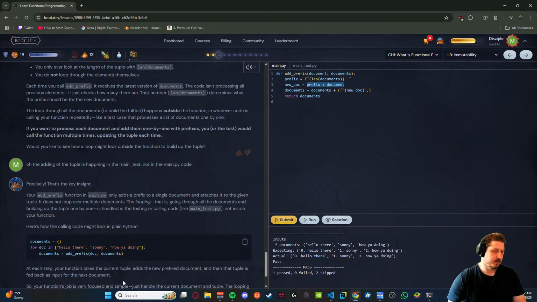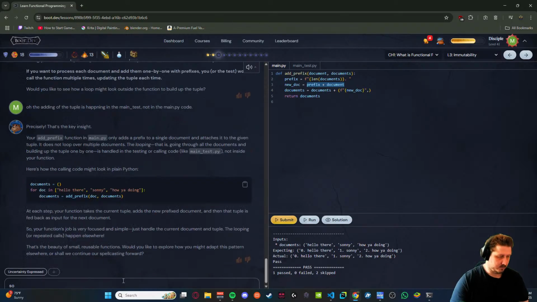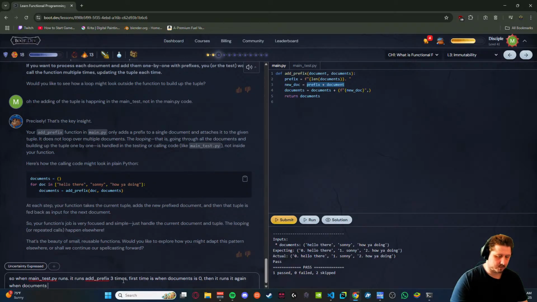So when main test.py runs, it runs add prefix 3 times. First time is when documents is 0. Then it runs it again when documents is 1. Then again when documents is 2.